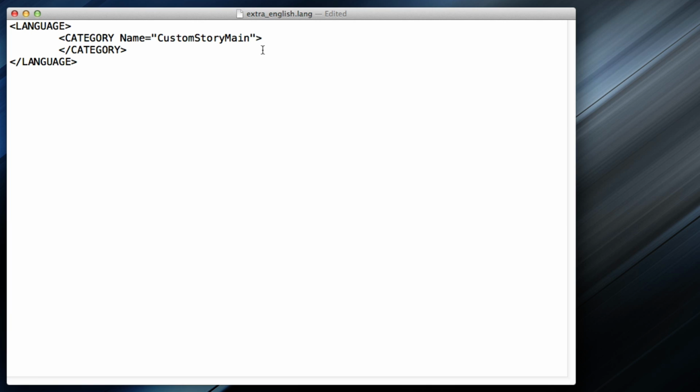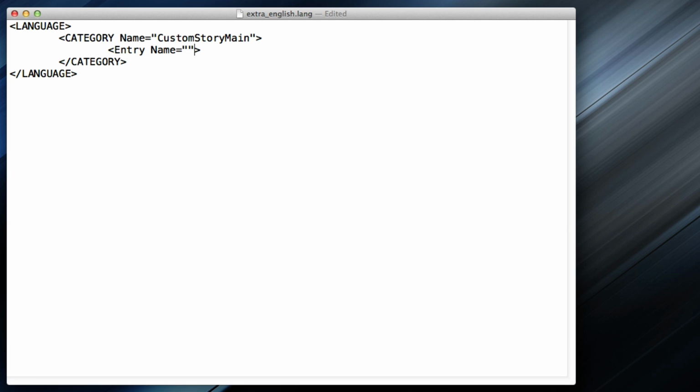But this is not exactly the text. Where's the text? The text is going to appear in an entry within the category. So I'm going to do tab twice to make it look better. And inside here, we're going to do diamond brackets again and write entry with only E capital and name N capital equals quote quote.